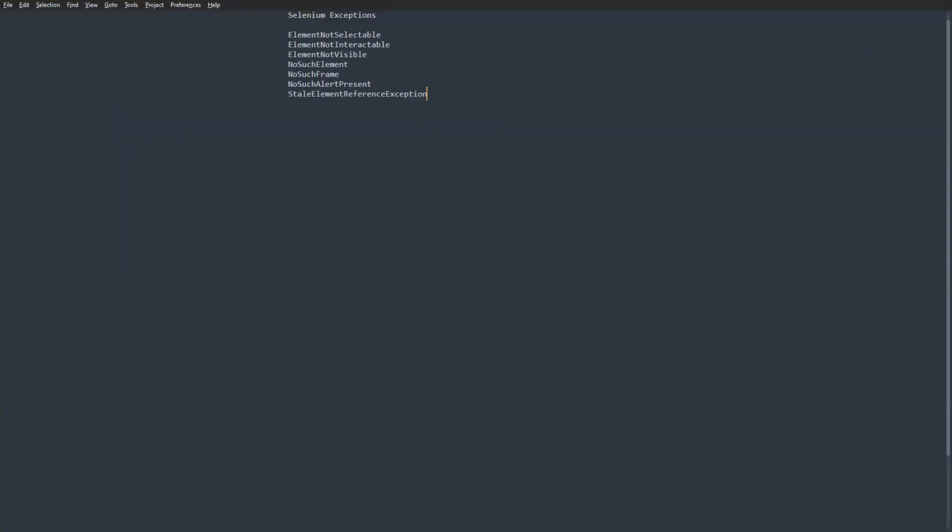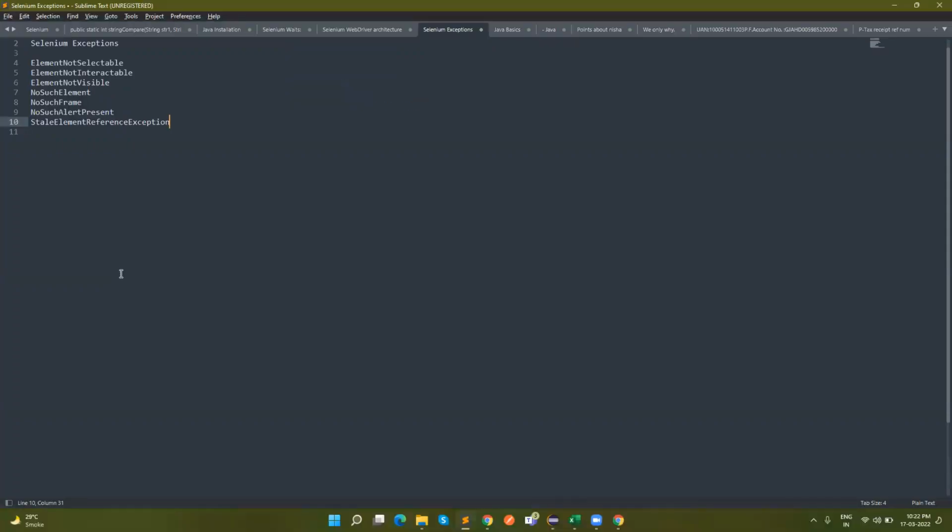What is happened? This is the most important one. Stale element reference exception. The other one we have already covered, the element not visible. The other exceptions are like session not found, timeout exception,